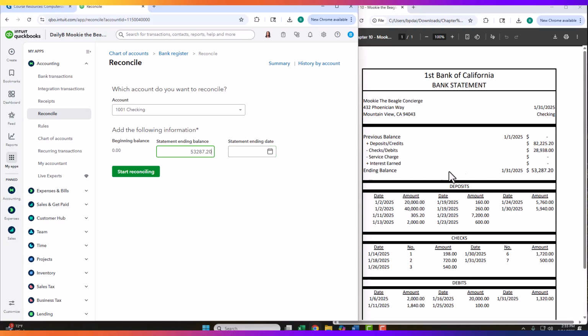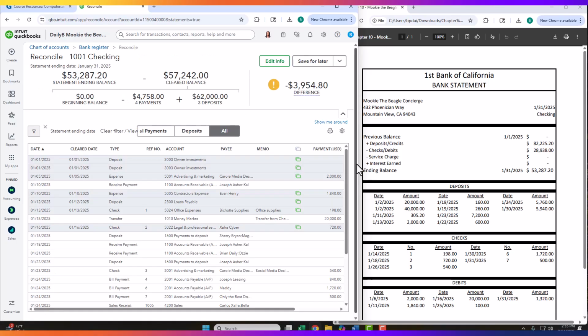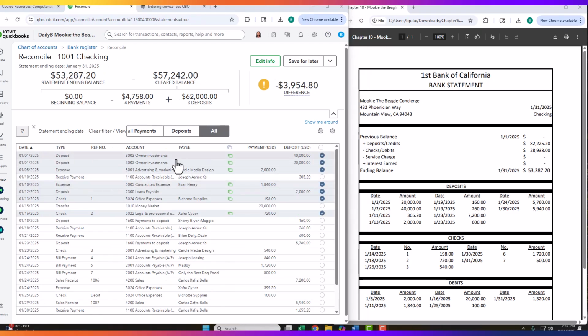So we look at the date for that ending balance and we type that in, January 31st, 2025, and then we select Start Reconciling. All right, so now we're seeing activity inside of our checking account per the records in QBO. So here we see all the transactions affecting the checking account within our QBO system. And what we're going to be doing is comparing these entries against the entries that we see on the bank